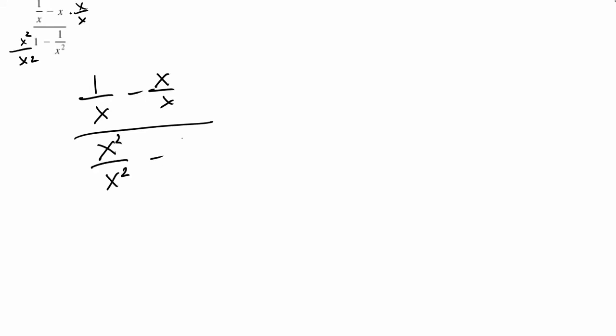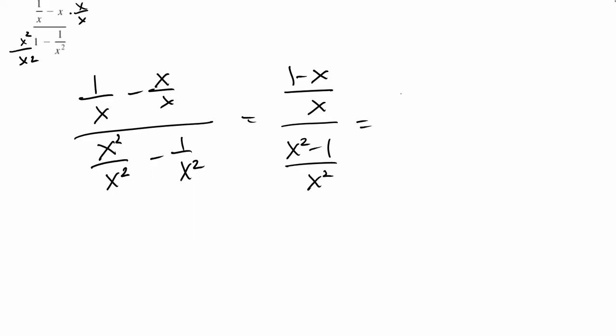Okay, on this other one, want to practice the fraction a little bit. You want to get a common denominator in your numerator, which will be x over x, and a common denominator in your denominator, which is going to be x squared over x squared. So you're going to have 1 over x minus x over x divided by x squared over x squared minus 1 over x squared. So this is 1 minus x over x divided by x squared minus 1 over x squared. And that's going to be 1 minus x over x times x squared over 1 minus,